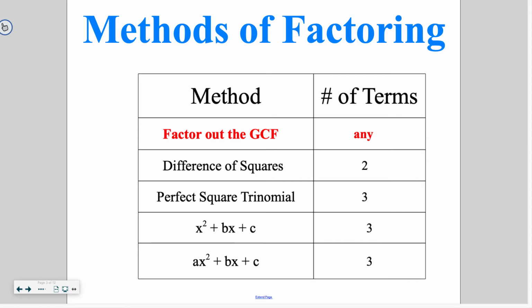So this is where the most confusion comes in, because there are 3 different options if there are 3 terms. This first one, with the name, you're looking for those perfect squares. So that's what we went over yesterday in 7.7. You're looking for those numbers that you can take square roots of. Then to decide between these two, it's a matter of whether there's just a plain x squared or whether there's a number in front of x squared. Whether you can just factor by looking at c, or whether you have to use a and c and do